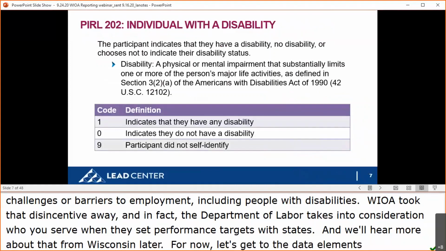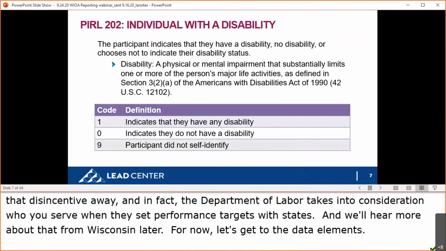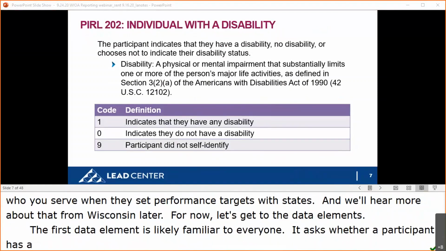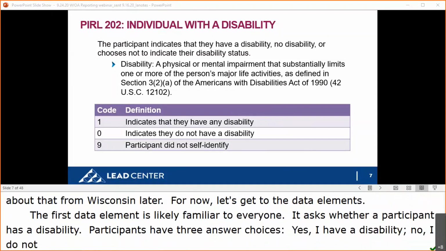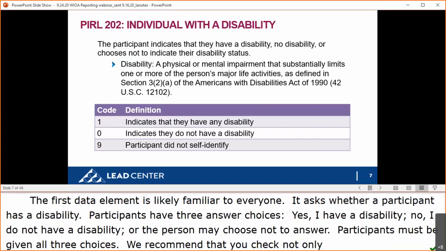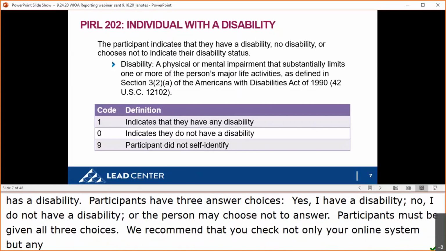The first data element is likely familiar to everyone. It asks whether a participant has a disability. Participants have 3 answer choices. Yes, I have a disability. No, I do not have a disability. Or the person may choose not to answer. Participants must be given all 3 choices. We recommend that you check not only your online system, but any paper intake copies to make sure that they